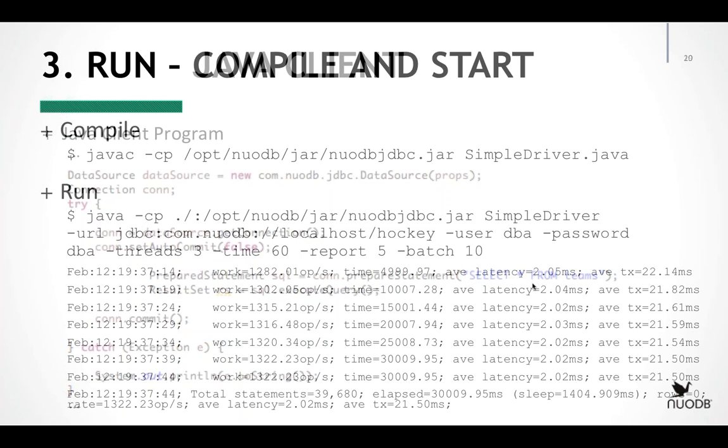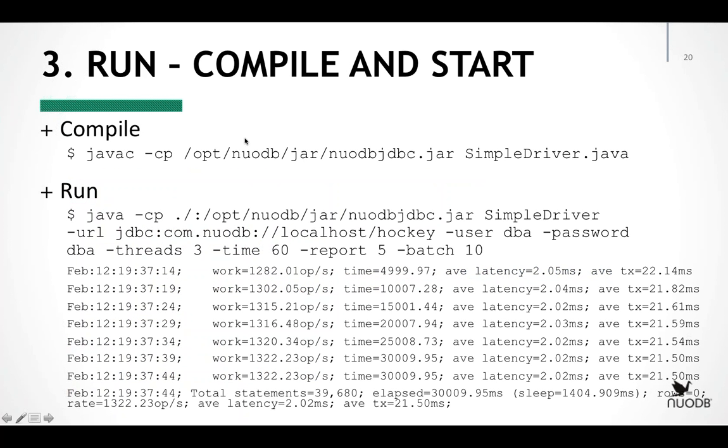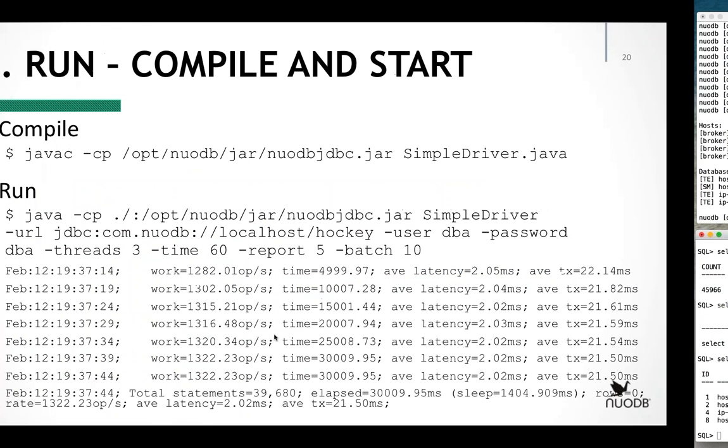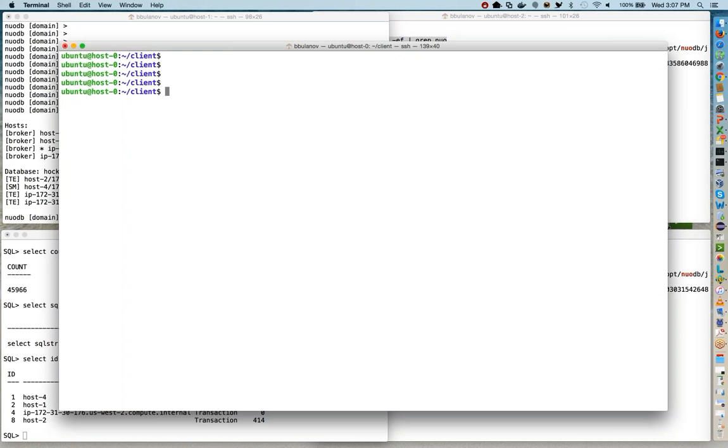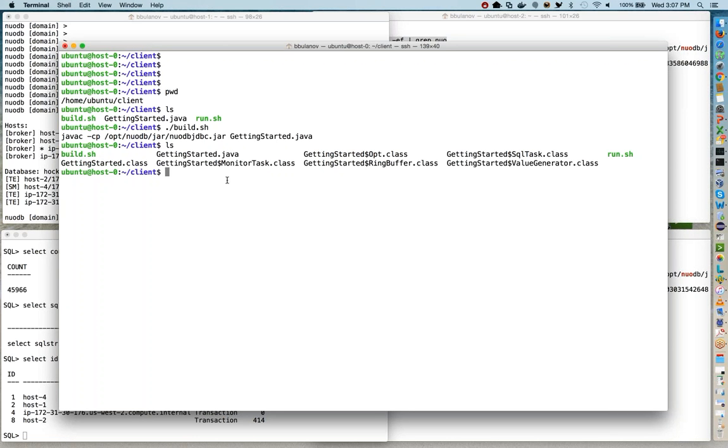Now I just wanted to quickly show you an example of how we compile this application and how we run it. So let's switch back to our environment. Let me start the application here. You see that in this directory we have just one file, a very simple Java compile. We only need one jar file, the NuoDB JDBC jar file. We generate a whole bunch of class files, and now we can actually run the